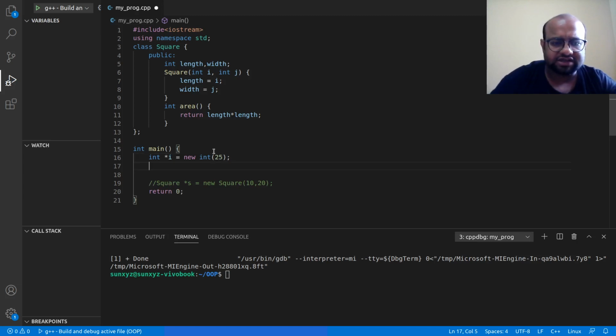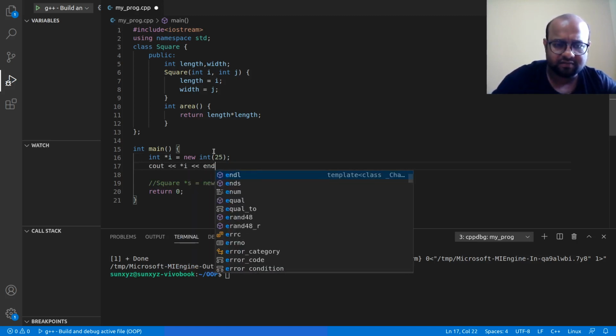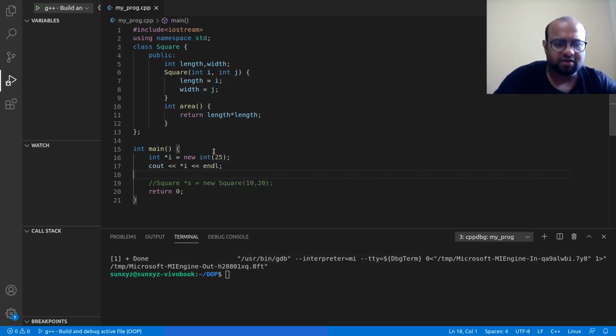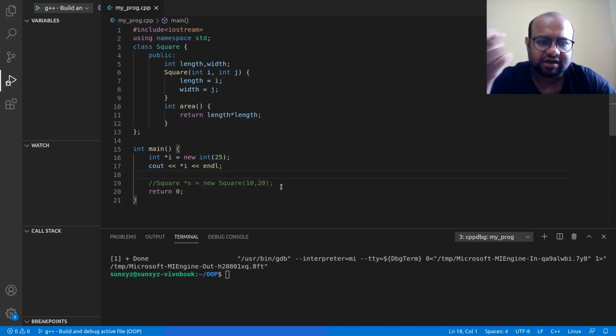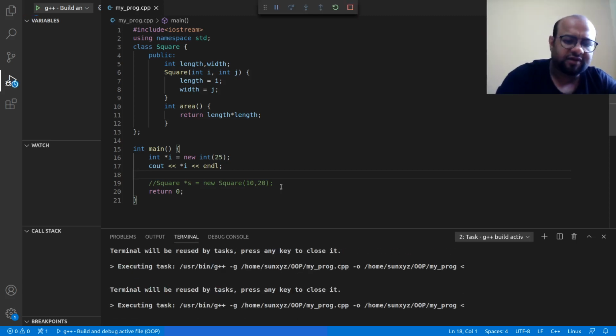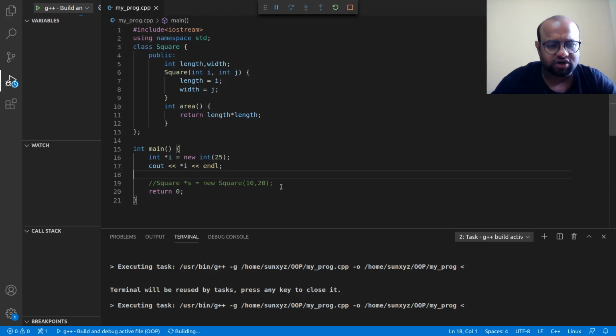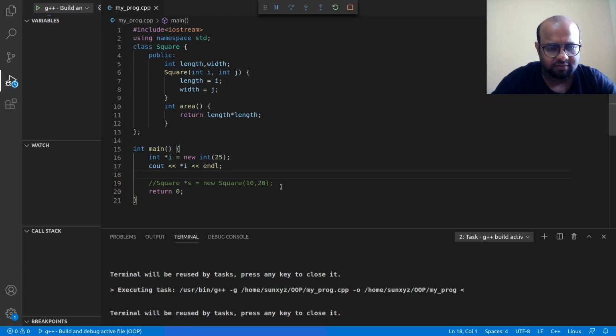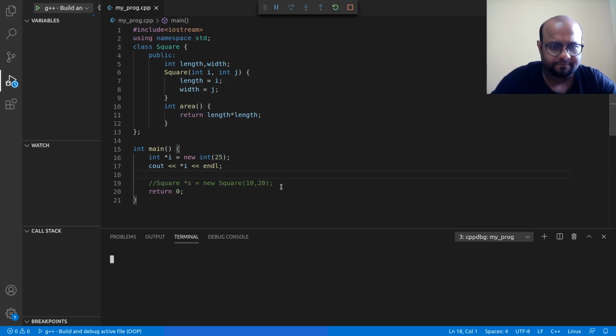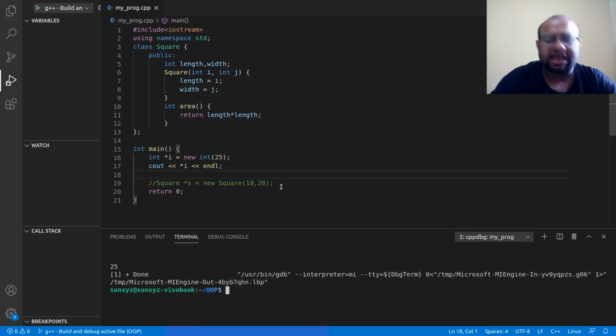Let me print out I. So I have allocated memory for an integer in heap, and I have set the value of this I equal to 25. So when I print the value of I I should get 25, and hold on, my laptop is slow. Yeah, it is printing 25.